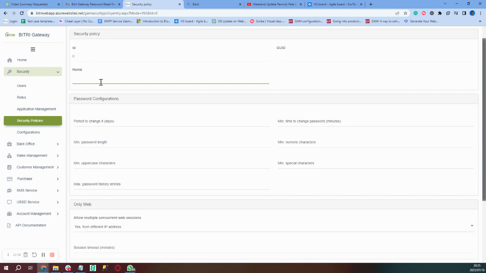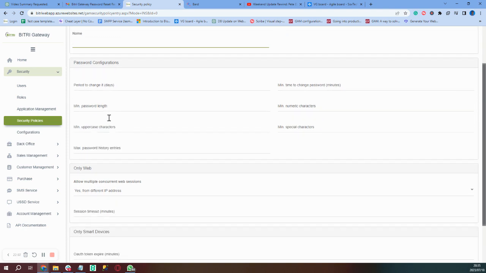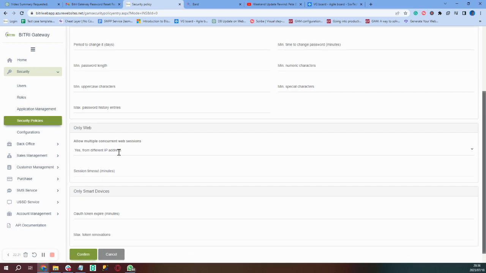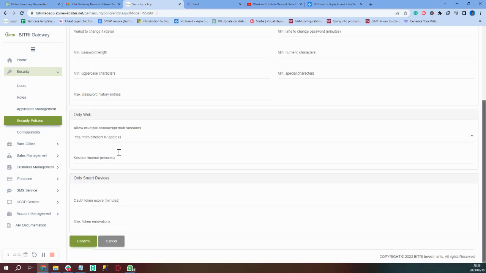You essentially name the policy, and then you provide the password configuration, right? How many days to change it, the minimum number of small characters, the minimum numbers of capital letters, the minimum password length, uppercase, special characters, the maximum password history entries, what's the number there,